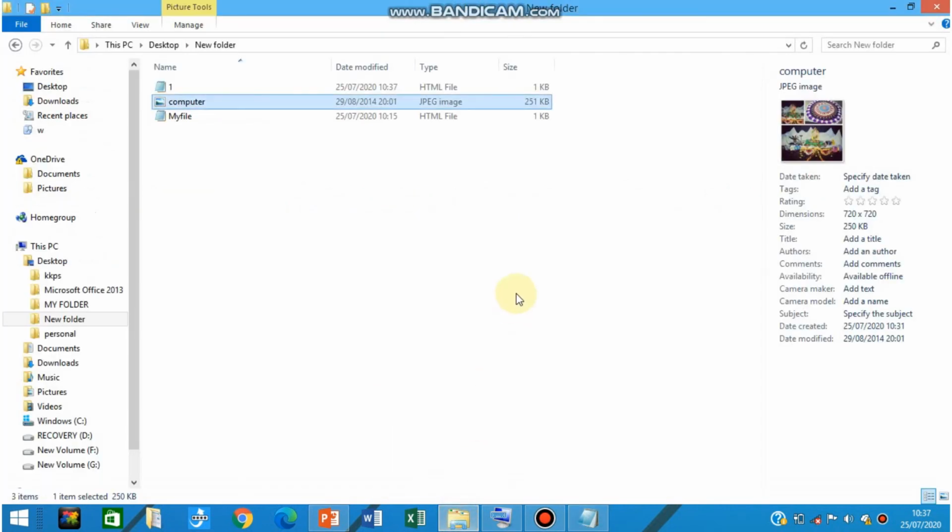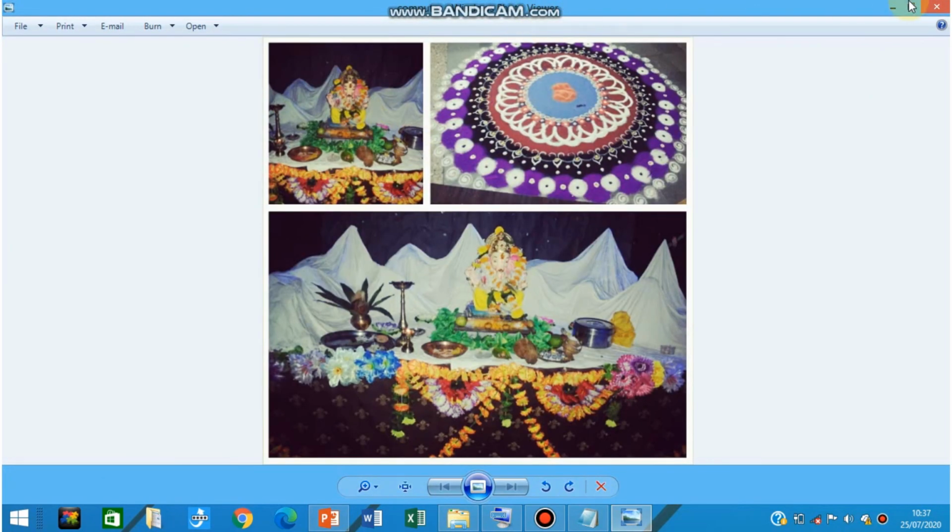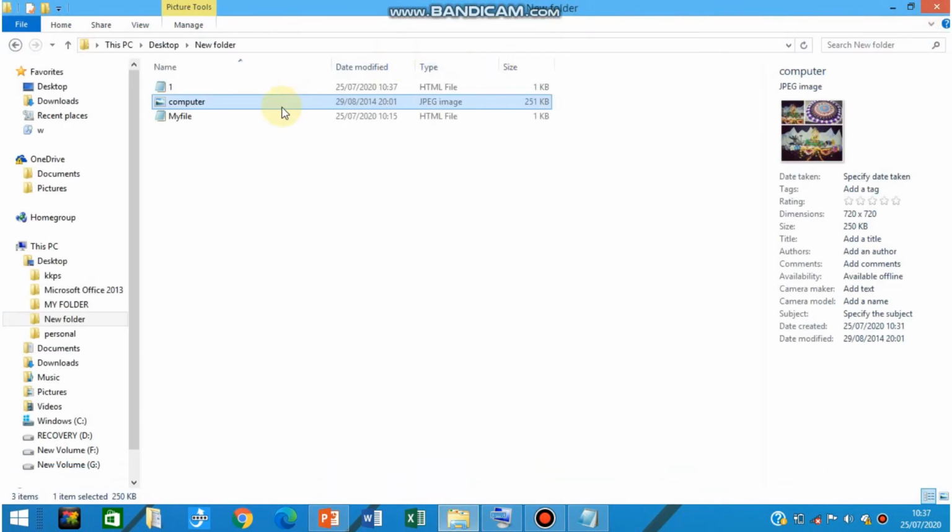Now to link the image, okay, in some web pages you will see that when you click on a certain image, you are directed towards the next web page. Fine. So along with the HTML files, in the same folder where you are saving, you have to save the image that you want to use as a link. So I am using this image. Okay, this is the image. I will use it as a link. I have named that image computer, fine, in the same folder in which I have my HTML files.